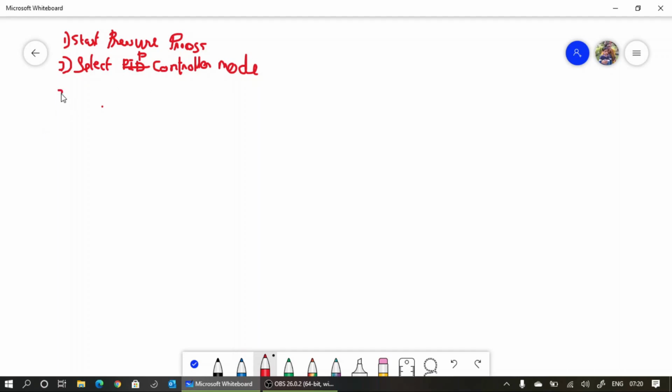Now the next step: if you are using P control mode, then skip step 3. If you are using an analog controller with the PID setup, at that point, first you have to reduce the values of Ki and Kd to their minimum value. Ki and Kd must be reduced to the minimum value possible.